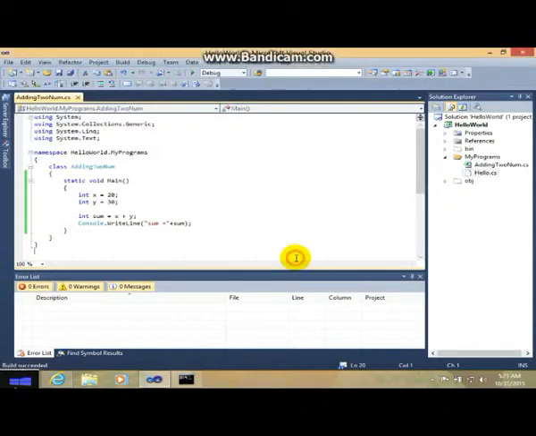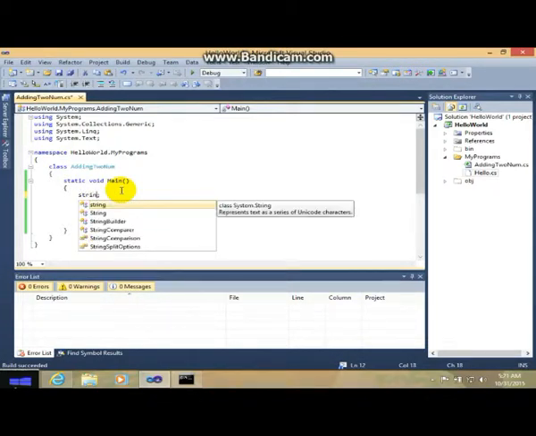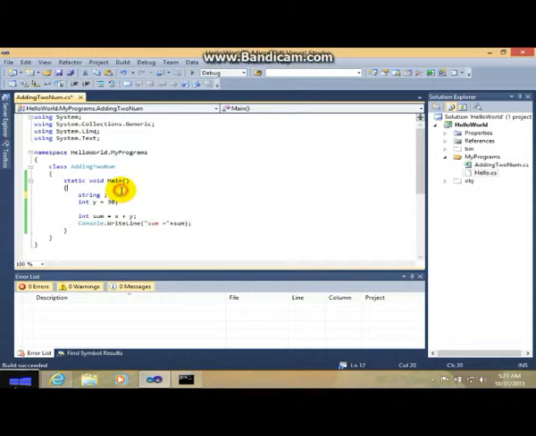Okay, if you want to input two numbers and you don't want to initialize them, you want to depend on the user for what number he wants to input. So here's the thing, you will use a string for the input.